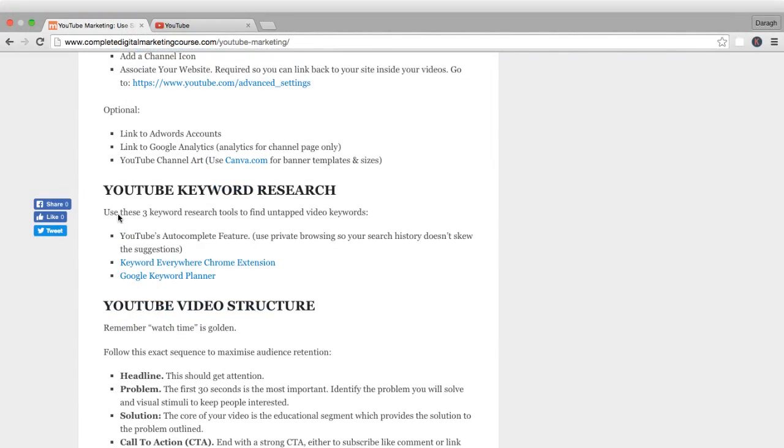Now returning to our keyword research process. So YouTube autocomplete is the first thing that I recommend you do. And using the browsing mode is going to give you a more accurate view because your search history won't skew the suggestions. Now what you can do after that is once you've found something interesting like I have here,